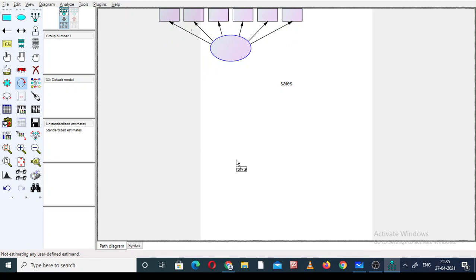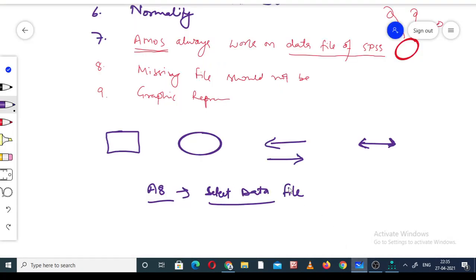One more thing regarding these arrows. As I told you, these 4 are very important. So where do we use these 4? The box is used in case of the observed. If we have the actual observed variables, directly if we are asking any question, if we have the data file in SPSS, we use this box.